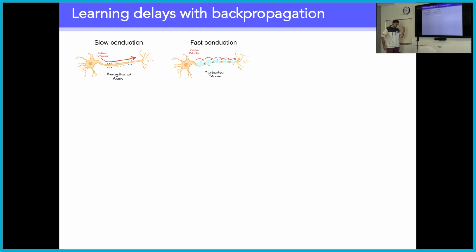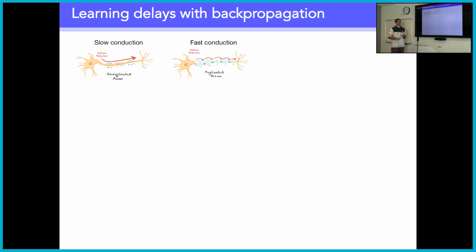So this work that I just presented used different delays in the network, but in this case the delays were fixed and we had only 3. But actually in biological systems, these delays are learned through development, and because of the myelin, the structure that is surrounding the axon, the width and the thickness of the myelin has an influence on the propagation velocity.